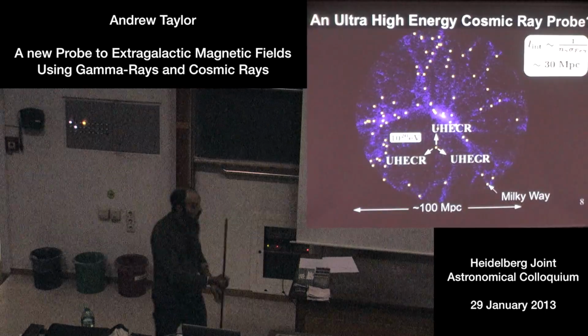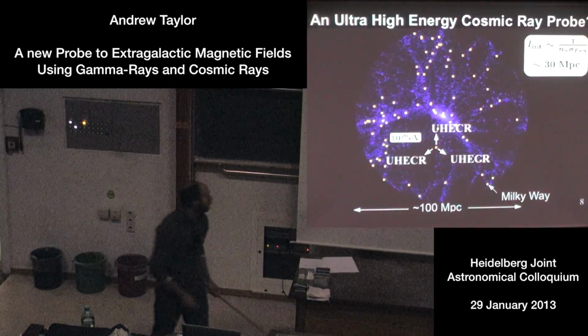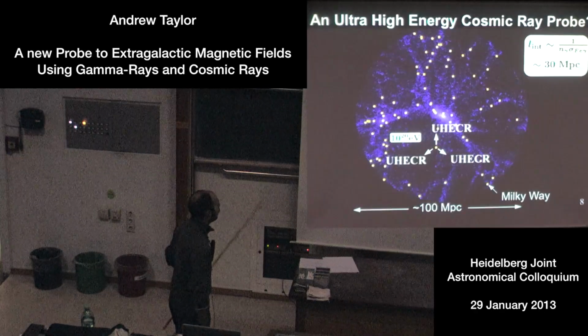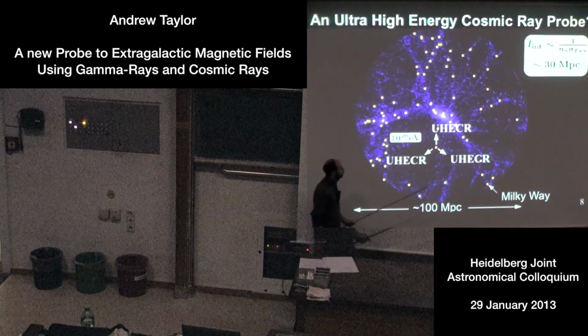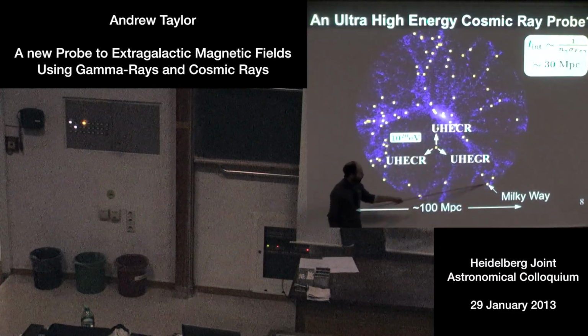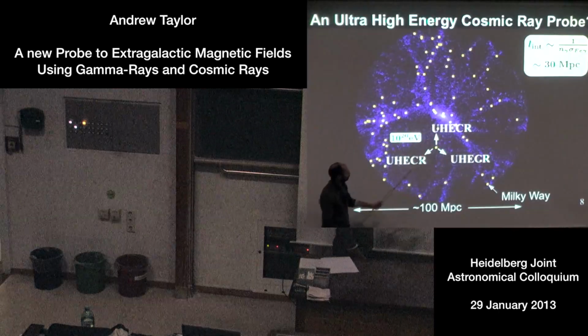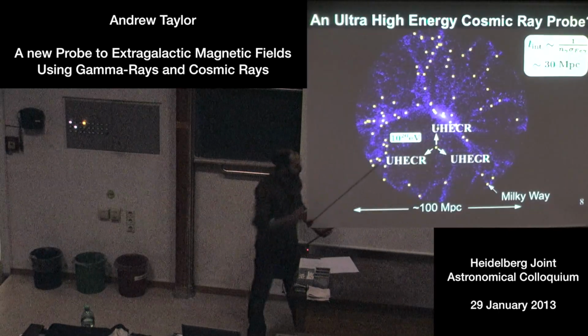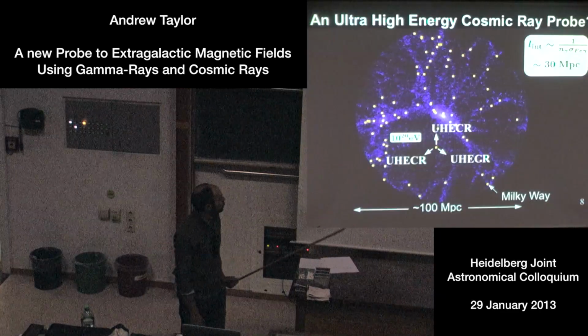Okay, so firstly, I want to talk about cosmic rays and why they offer themselves as an actual probe. So let's talk about ultra-high-energy cosmic rays. These are 10 to the 20 eV cosmic rays. I've put us in this yellow patch here. I've put my source here, which is some, I say, 50 megaparsecs away or so. It's a nearby ultra-high-energy cosmic ray source.